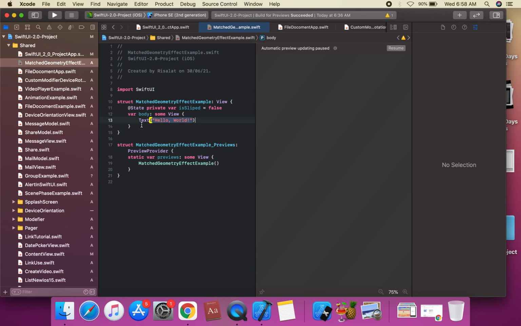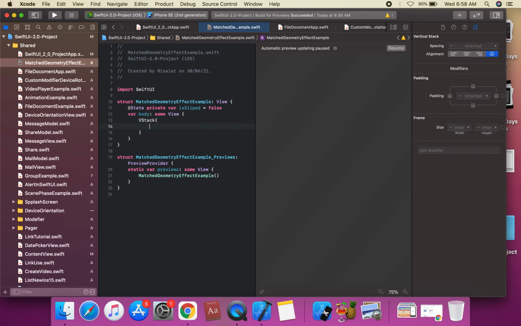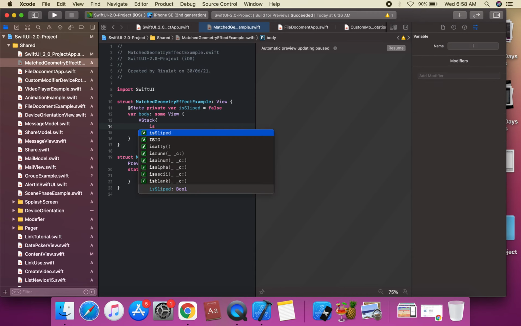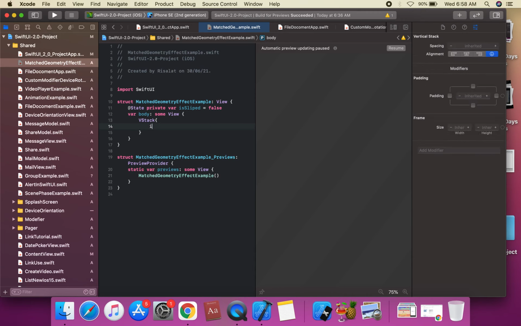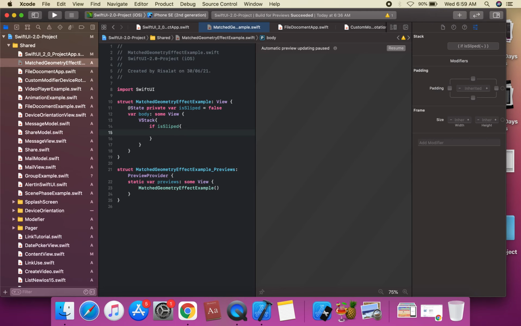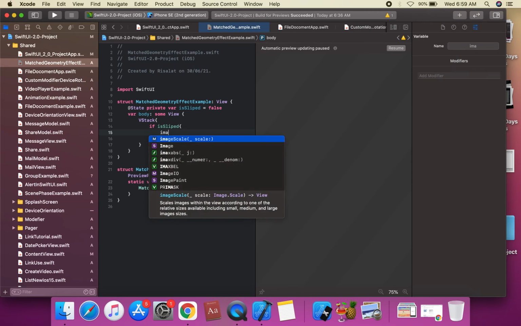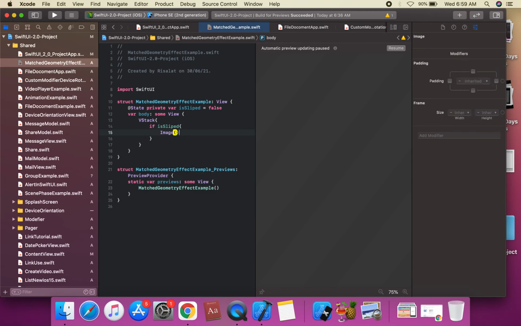We're going to create a VStack and apply the condition isSleeved. We'll create an if condition: if isSleeved is true, otherwise we show the image. We create this layout with an image named parrot second.